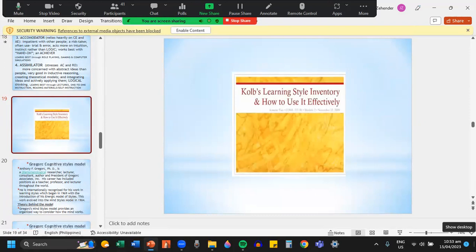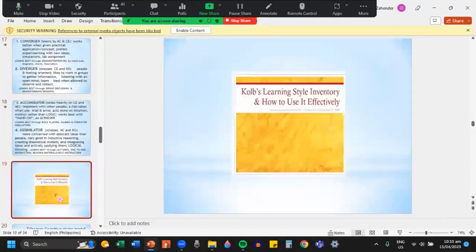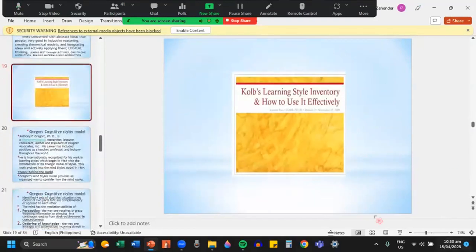Okay, so ito siya, it's actually a book. Okay, so Kolb's Learning Style Inventory and How to Use It Effectively. Okay, ito yung title ng book niya that you may use as your reference. Okay, next we have